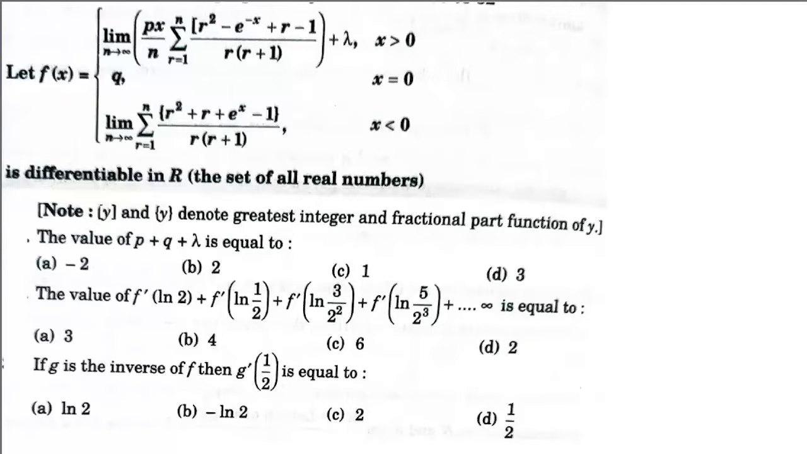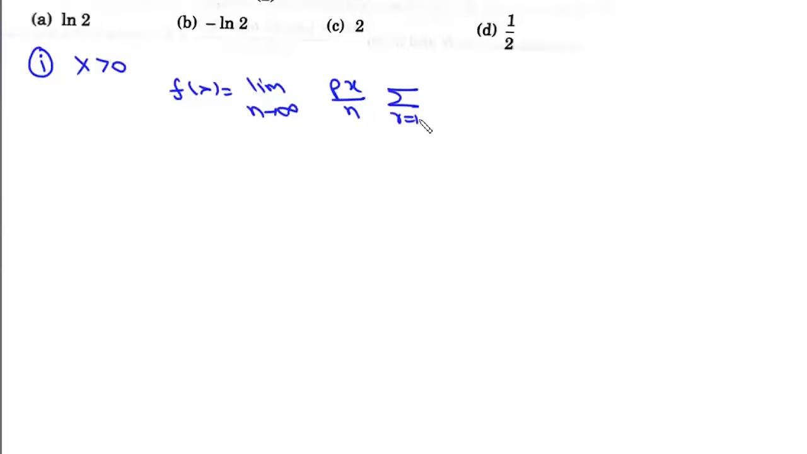Now here the question is, we are given this function fx in terms of the greatest integer function and fractional part function. Now when x is greater than 0, fx is defined as, so this first case, when x is greater than 0, fx is equal to this limit n tends to infinity, px by n, and then this summation where r varies from 1 to n, and it will be this greatest integer function of r square plus r minus e to the power minus x minus 1 upon r plus 1